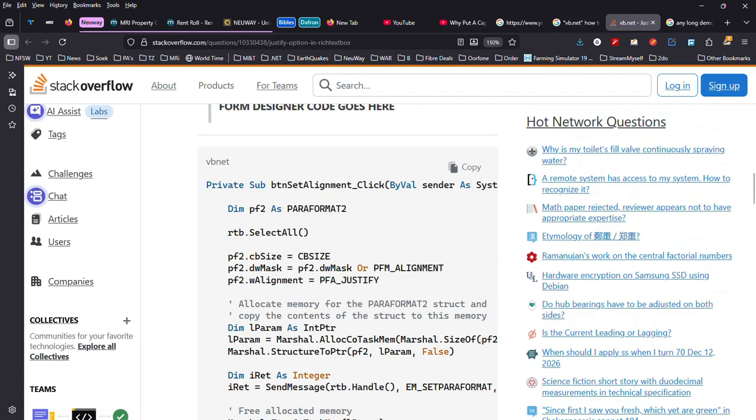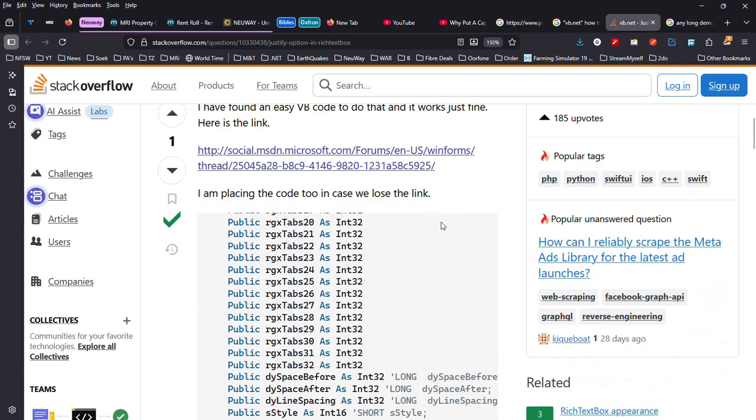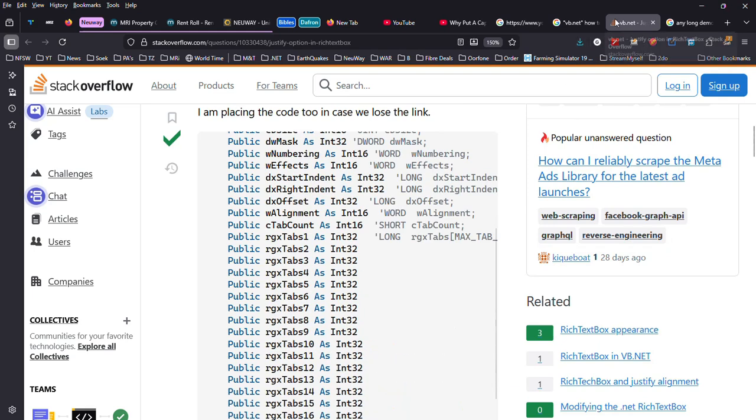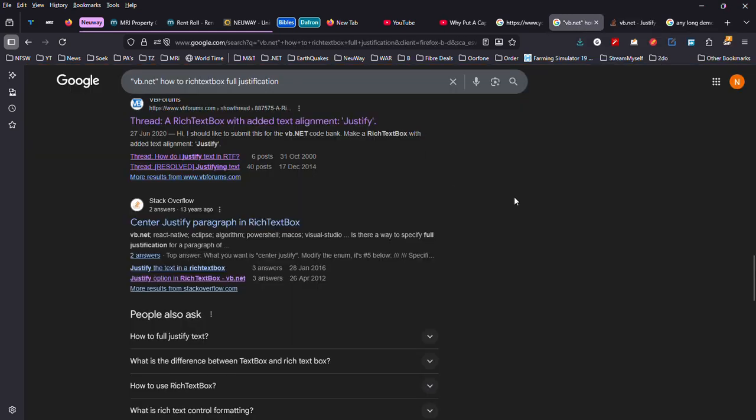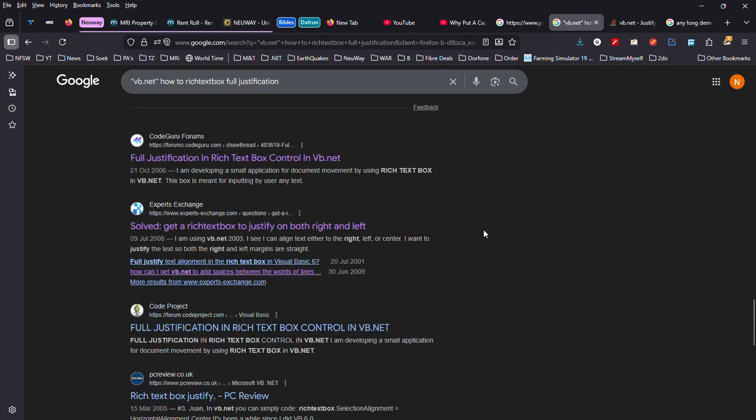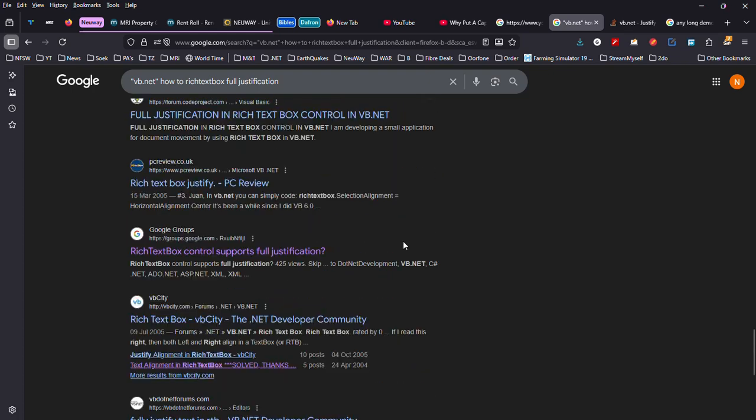Well, okay, this is for text, a text box and not a rich text box. But you get all this kind of coding. The people are crazy about this. There must be an easier way, man. This is almost like